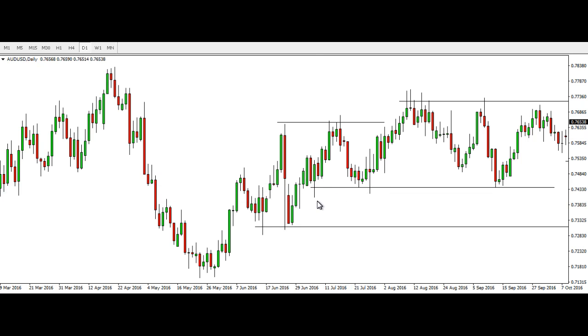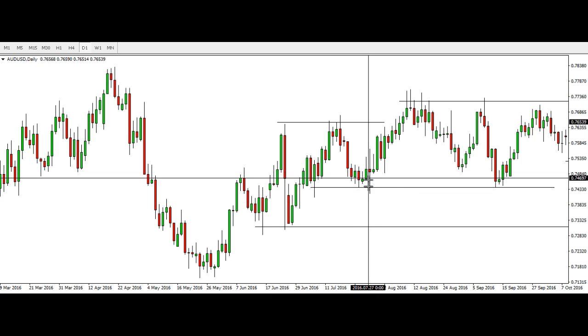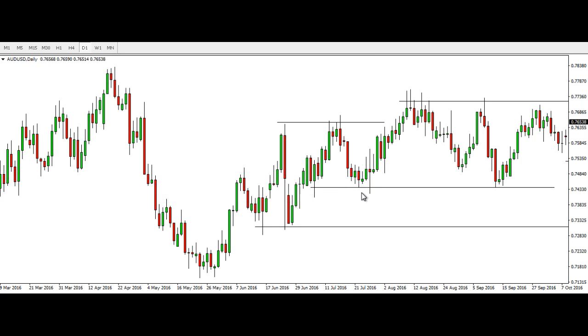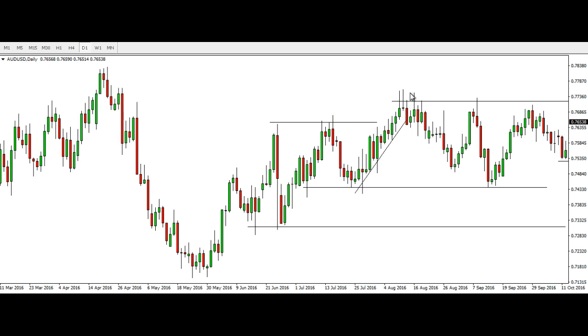So you could have gone long here, and at this point of the chart you would not be stopped out. Well, if your stop was here, you would have been stopped out maybe even on the next day. So at this point it's very evident that there is a basing process, a support forming, a base is forming, and that the market will move higher. Plus we have this support trend line after that, that is more evident on the 4-hour chart, of course. So a clear signal to go long and target this resistance area,